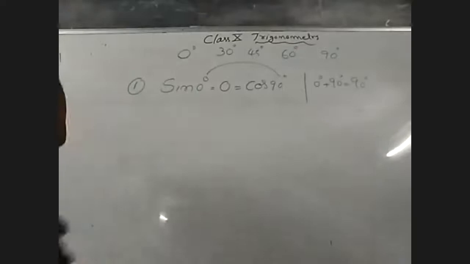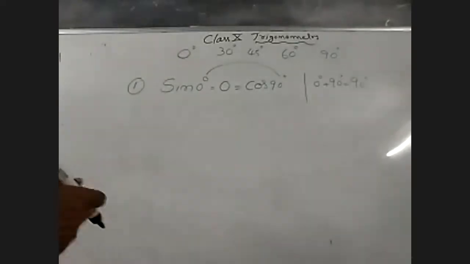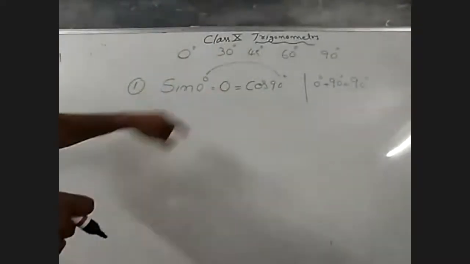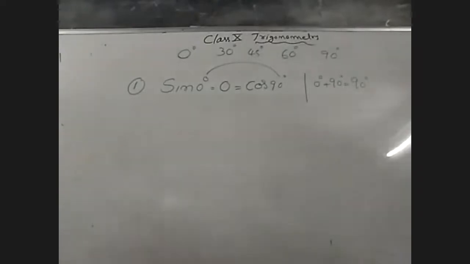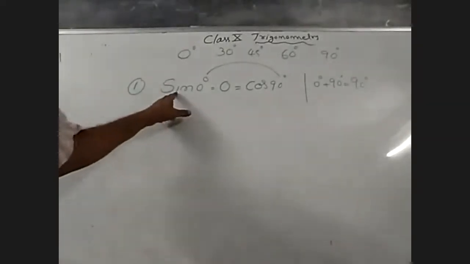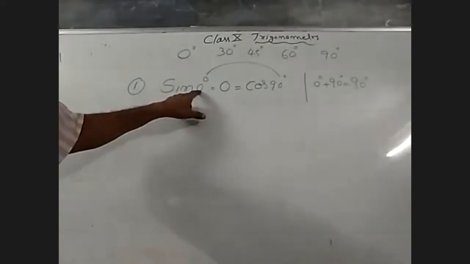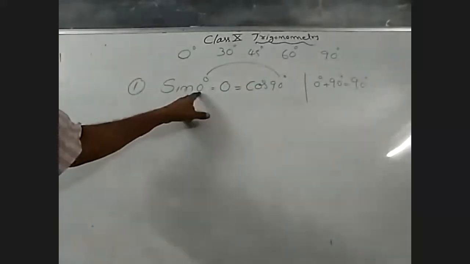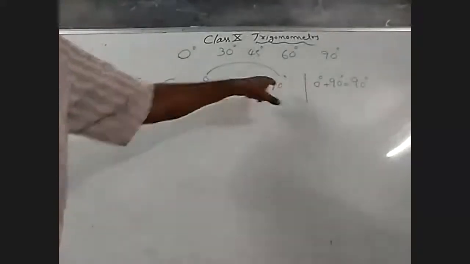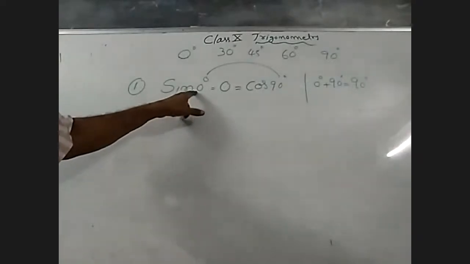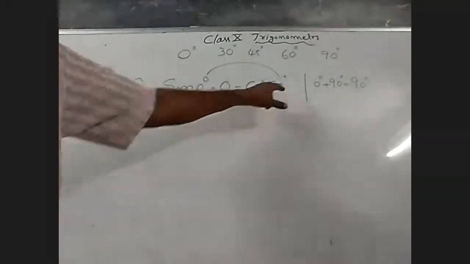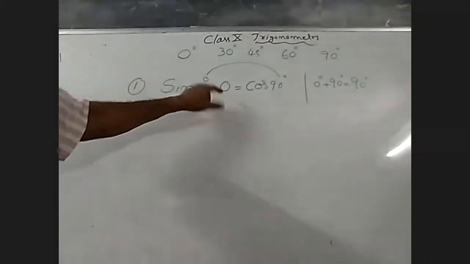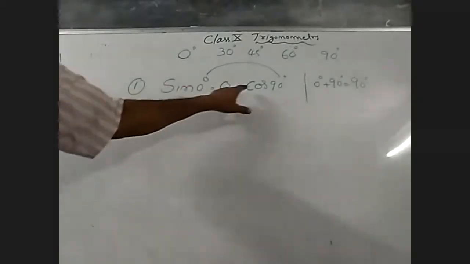I will teach a separate lesson on this in future classes: sin theta is equal to cos of 90 minus theta, like that. So for remembering, sin 0 is there. What is the complementary of 0? 90 degrees. Therefore, sin 0 is equal to cos 90. When you know the value of sin 0 degrees, it is easy to find cos 90 also, because sin 0 and cos 90 have the same value. Therefore, sin 0 is equal to 0 is equal to cos 90.